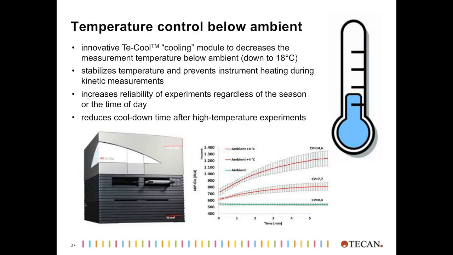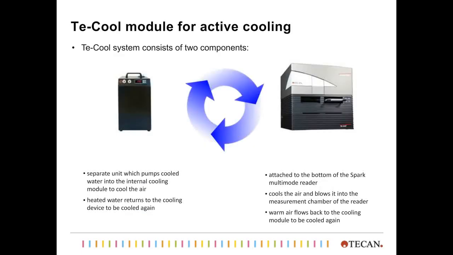But it's not only a heating function that the Spark possesses, it's in fact the first reader on the market that not only has the ability to heat the measurement chamber, but also permits lowering the operation temperature below ambient. The minimum temperature that can be reached with this system at the moment is 18 degrees, so that's well below the normal room temperature level. It may not actually be like refrigerator conditions, but it meets the requirements of many temperature-sensitive probes